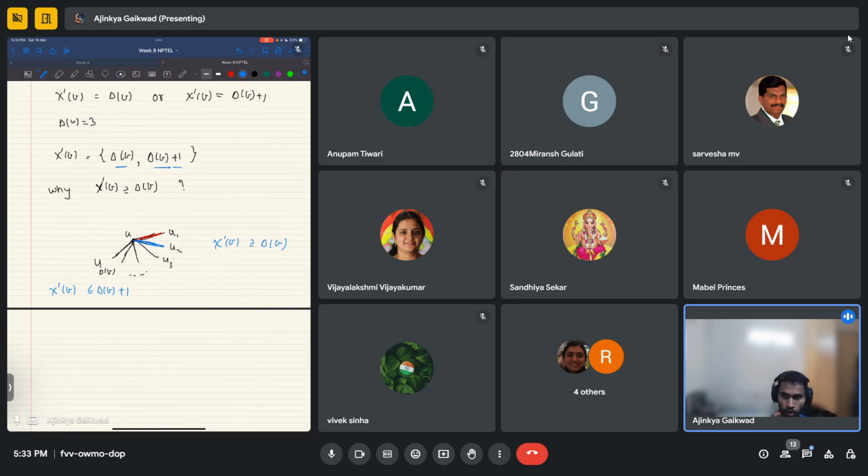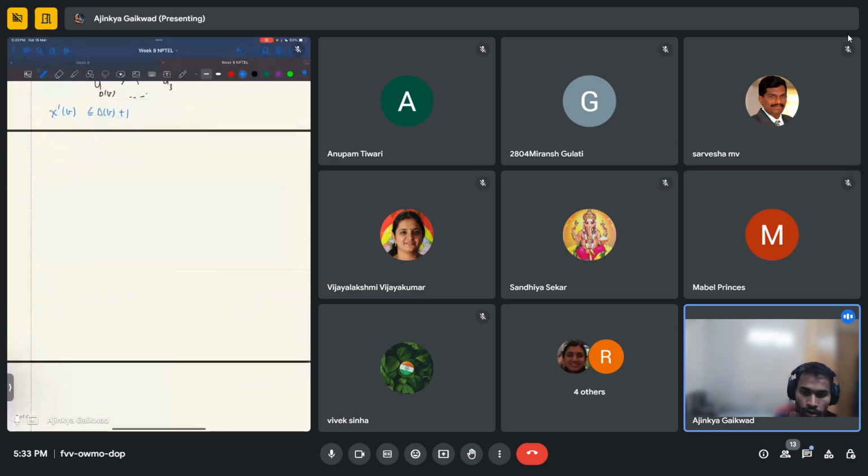Okay. So the answer is always one of these two. When it comes to chromatic number, is this true? Is it true that a graph can have a maximum degree of 100, but the chromatic number can be very low, I mean less than 100? Is it possible? So let me write it down. I'm just asking these questions to make sure that the difference between chromatic number and chromatic index becomes very clear. So my question is, is there a graph